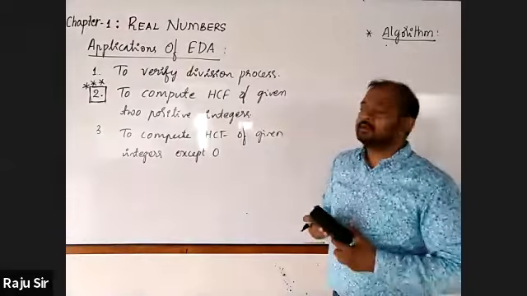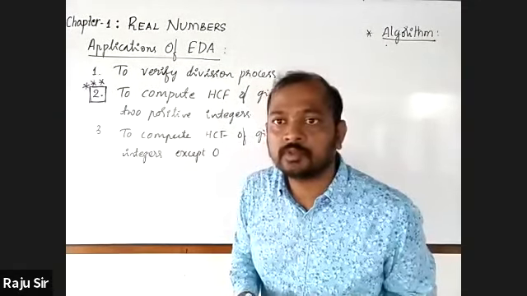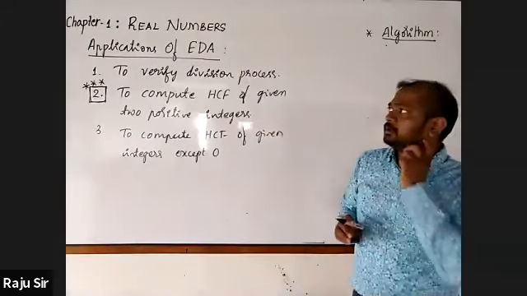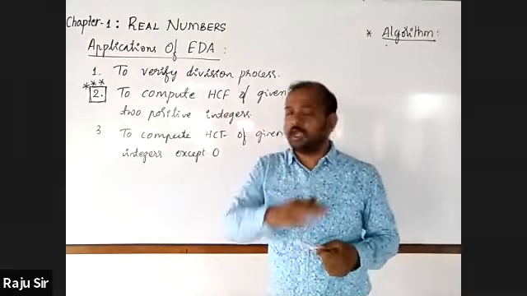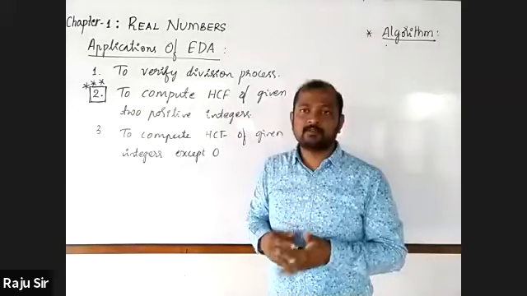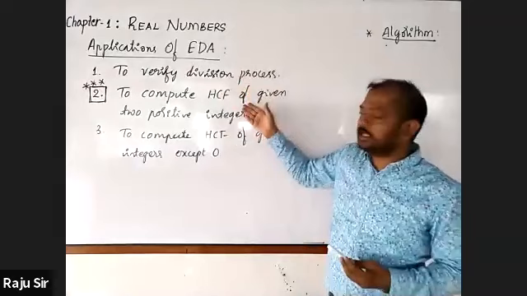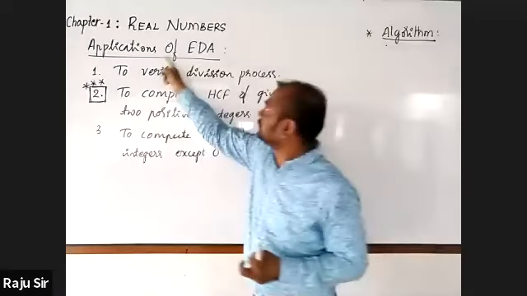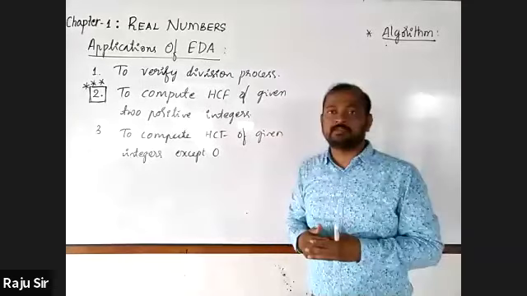Now we are moving to the second. No. We do not have another algorithm to find out the HCF. We have the division method, is it not? Which you have already learnt in 6th standard. But here, to find out the HCF of the given positive integers, we use some certain steps, and we call that Euclid's division algorithm. That will be discussed in the later part of this chapter.